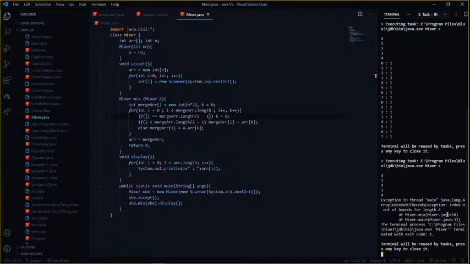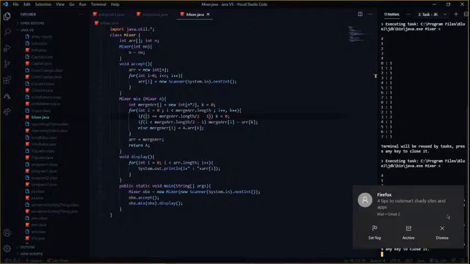So if it is 8, then k becomes 0. For example, merge ARR.length is going to end up with a length of 8. So 8 divided by 2 is 4. 4 minus 1 is 3. So once it becomes 3, it changes to 0. And after that, once I is greater than merge ARR.length divided by 2 minus 1, it automatically